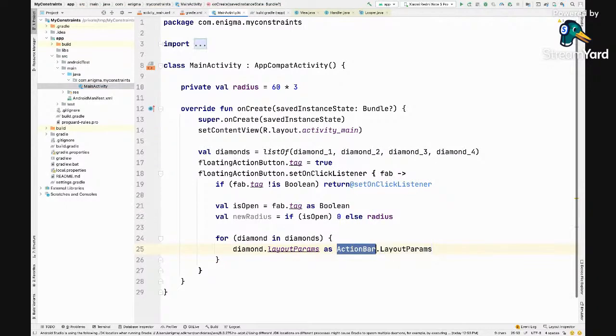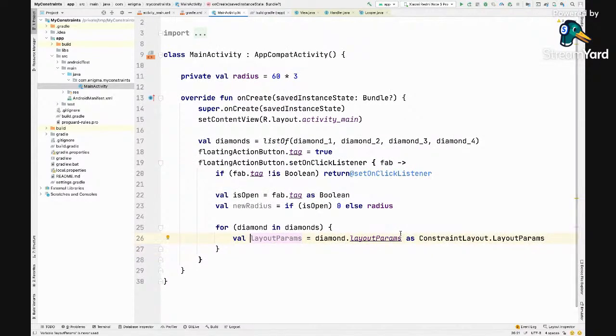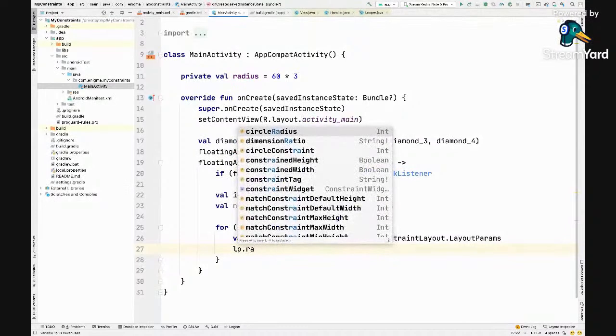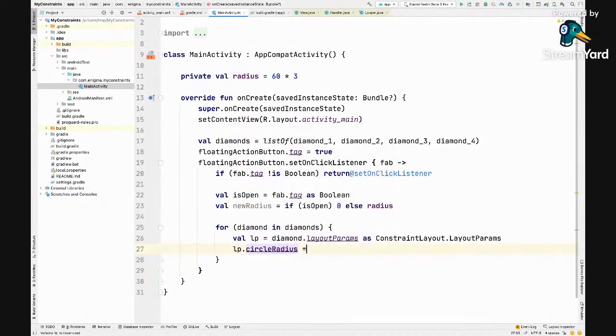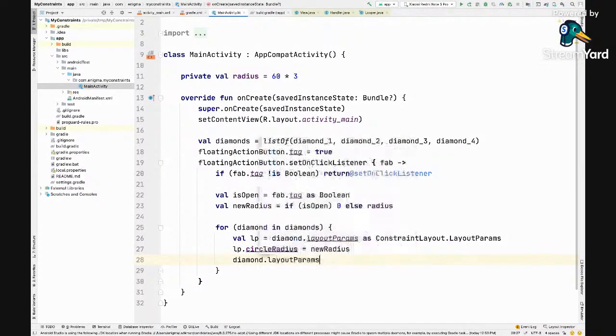So I'll just say constraint dot layout params. Okay. LP. I'll say LP dot circle radius to be this new radius, and I'll set this layout params again. And our layout params is equal to LP.